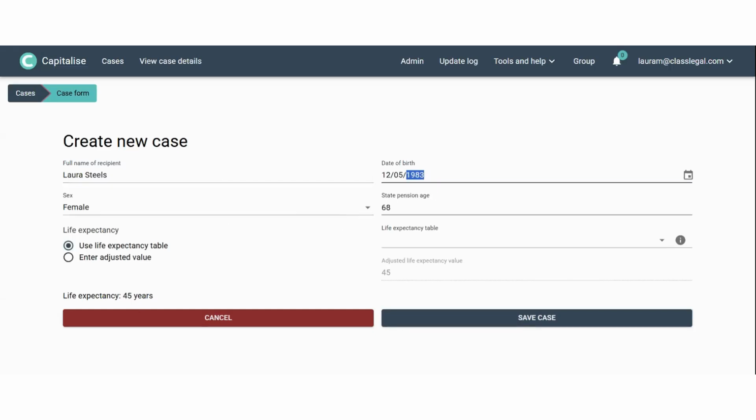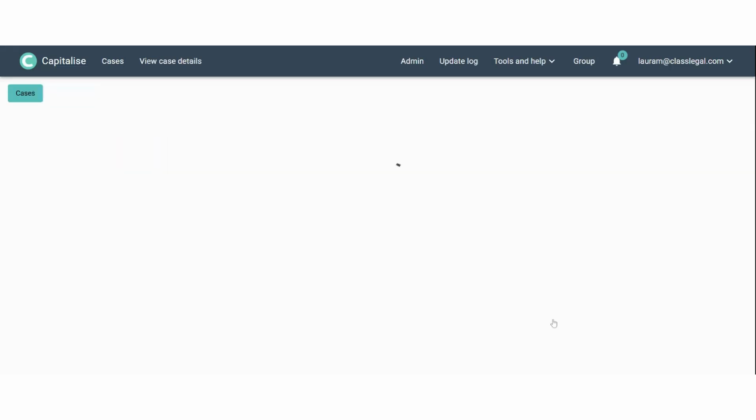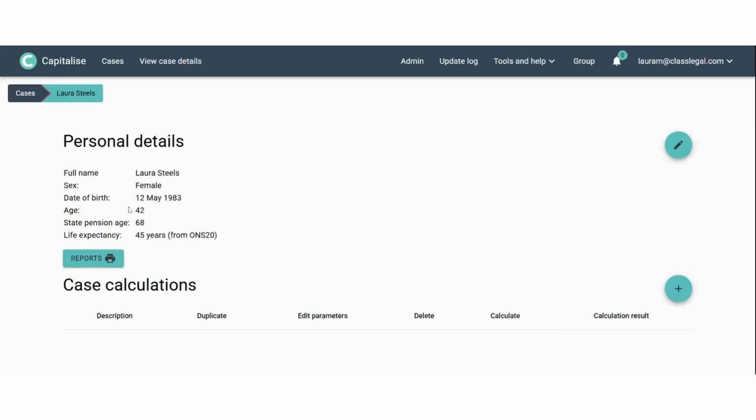And then Capitalise will automatically fill in the state pension age, and then it will give them a life expectancy. So if we click Save Case, if any of these details need changing at any point, do use the pencil icon here to edit them. So now we need to actually build the case, which starts with the parameters for the case. So click this button here,